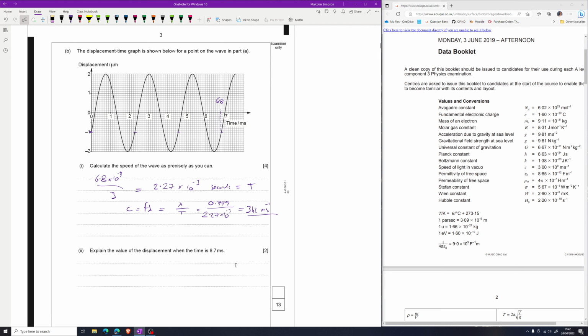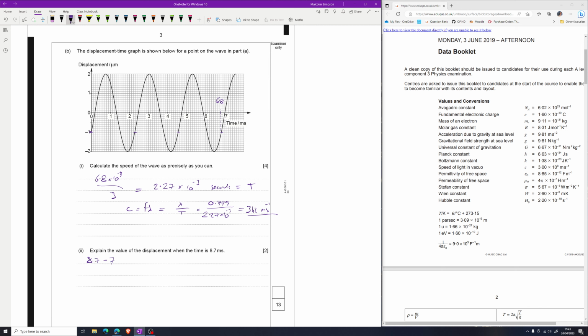Explain the value of the displacement when the time is 8.7 milliseconds. So 8.7 is off the end of our graph here, which is awfully disappointing. So what we can do is, at 6.8, the displacement is -1. So one possible method, at 7 exactly, the displacement is 0. One possible method, we could do 8.7